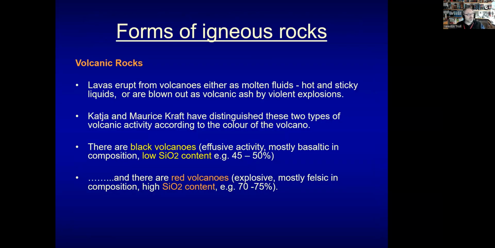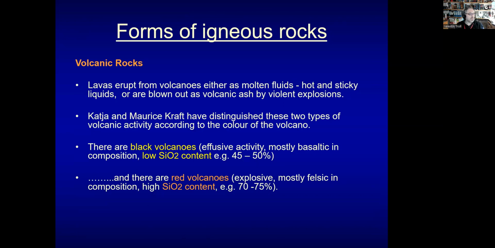Now, forms of igneous rocks. Let's talk a little bit about the different types of igneous rocks. We have lava erupted from volcanoes. We touched on this, and this comes from molten rock, molten fluids, and they're hot and sticky. If they erupt explosively, then you need either a very high gas content, or the magma needs to be more sticky, more viscous. And this led Katia and Maurice Krafft, two very eminent volcanologists, to distinguish between black and